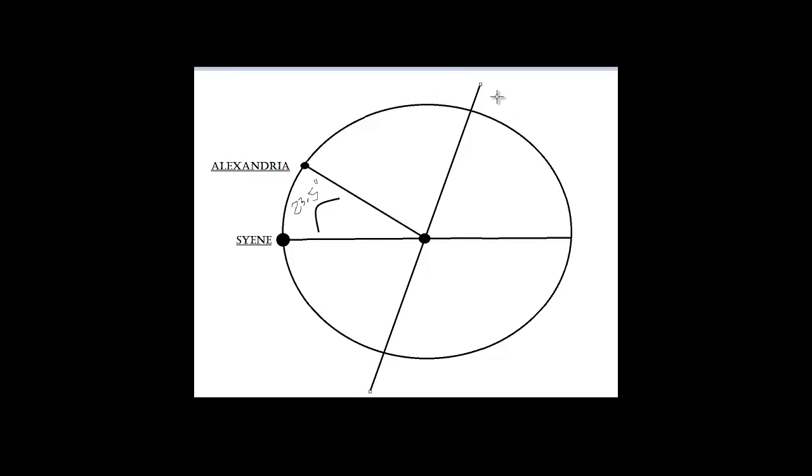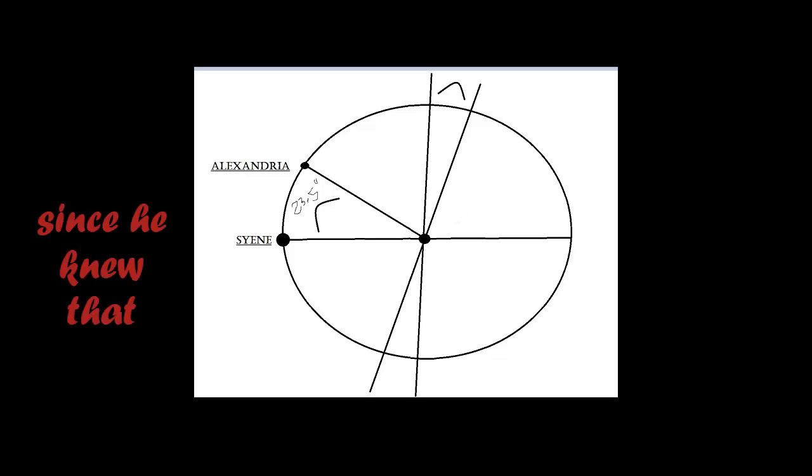That may not look like 23.5 degrees, but if it was pointing straight up like that, the distance between these two is also 23.5 degrees, even though it may not look it. So since he knew that, that also meant that